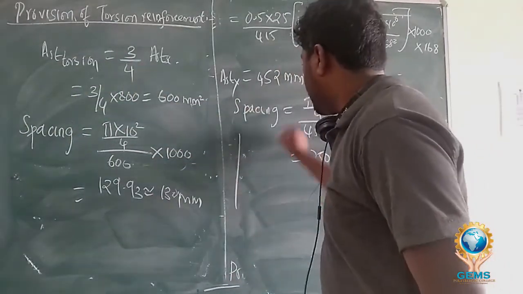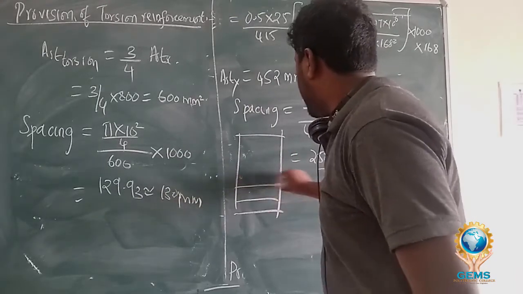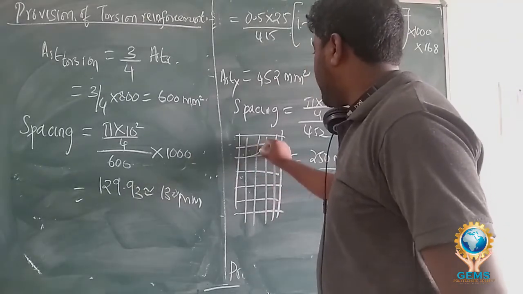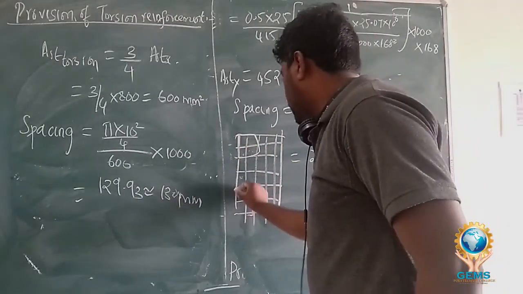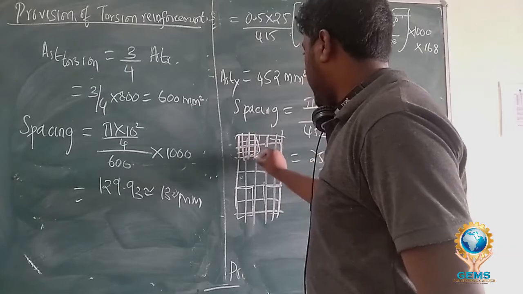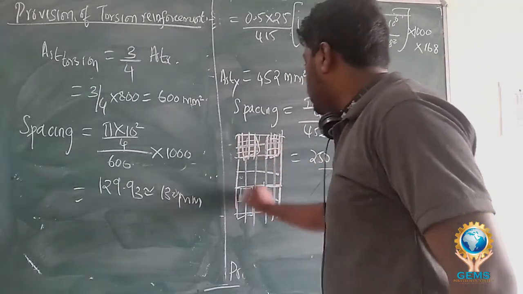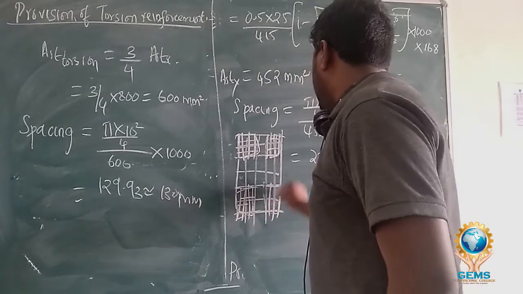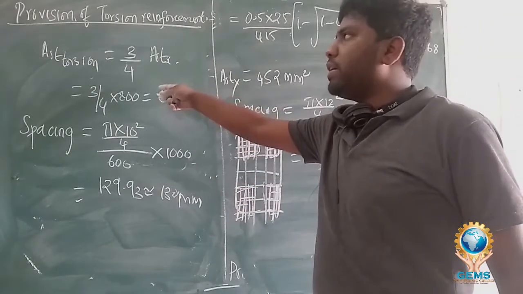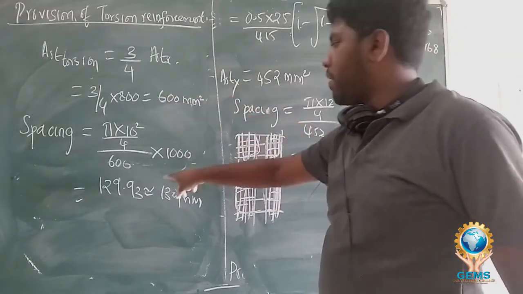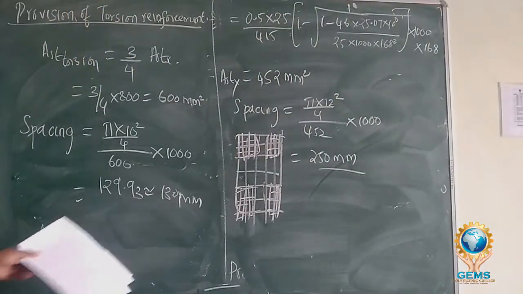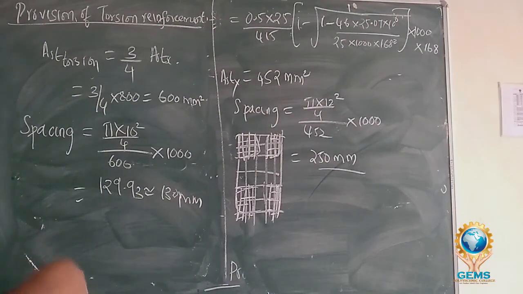See, I will draw the picture. If this is a slab, and main bars are running in both directions, in these four corners of the floor slab they will provide a torsion reinforcement. This is the lift of the slab at the corner. So for this purpose only, we have calculated the area of steel for torsion. Using that area, we have calculated the spacing. So provide 10 mm dia bars for torsion, at 130 mm spacing.